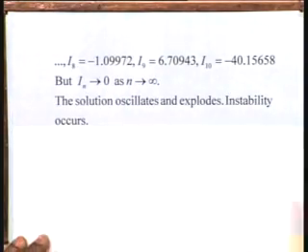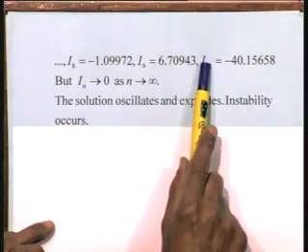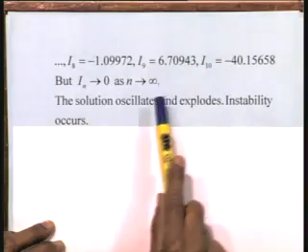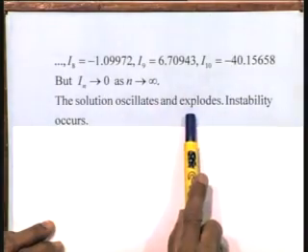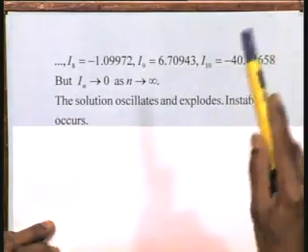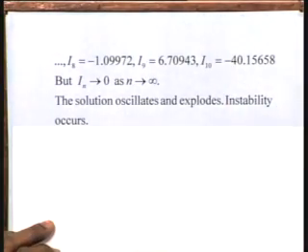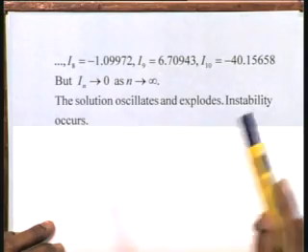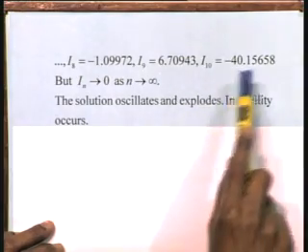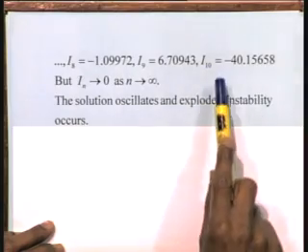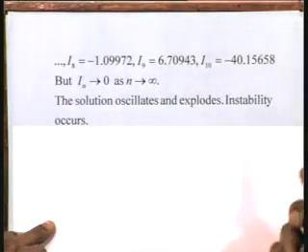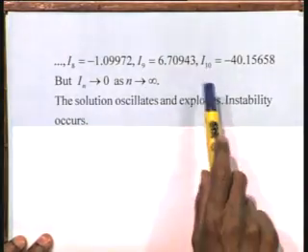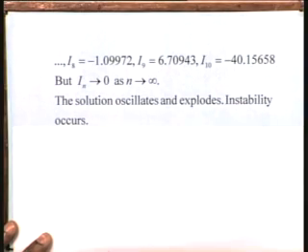Now, what has happened here? The solutions, even up to I 10 only, have started oscillating: negative, positive, negative, positive. They are oscillating and exploding. It has already reached 40. In the next step, it is going to go beyond 150, then a few hundreds. So when we said that the errors are coming and it is going to explode, this is what we mean by explosion. If you compute up to I 20, I 25, you will find that the number goes out of bound and it will give you an overflow on the computer. Therefore, instability has occurred in such a trivial and very simple example.